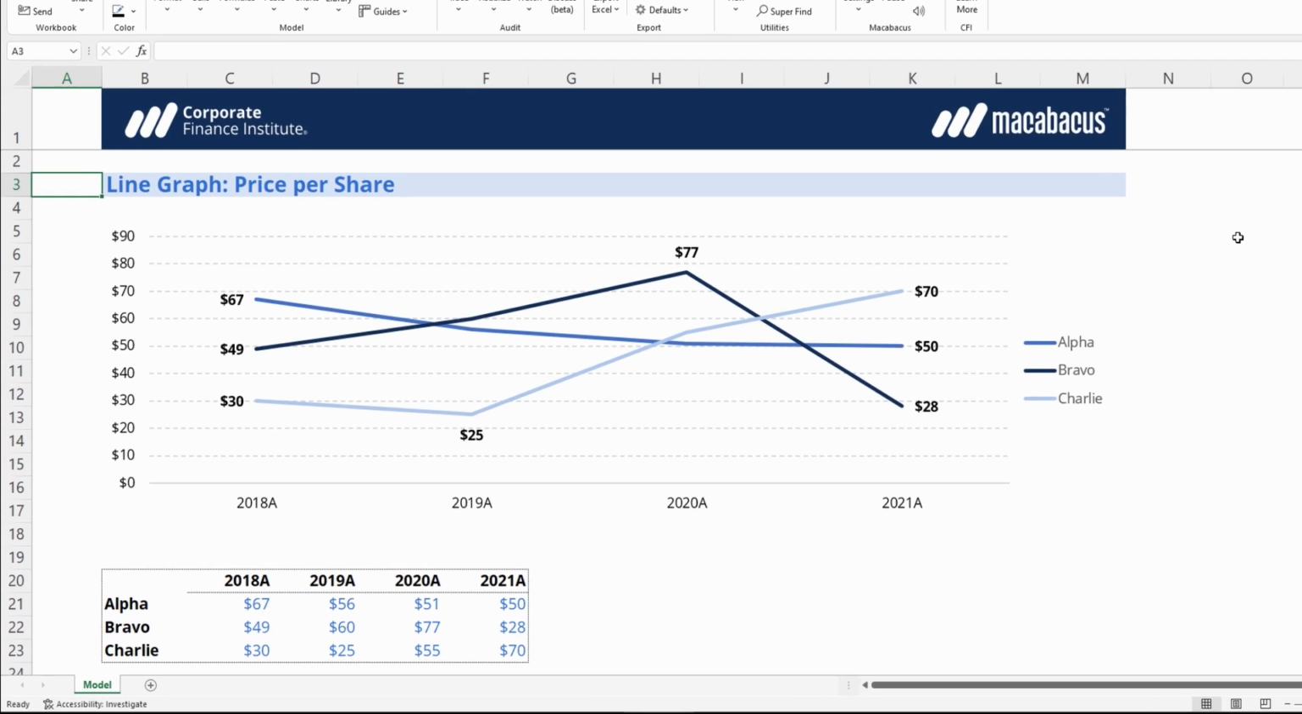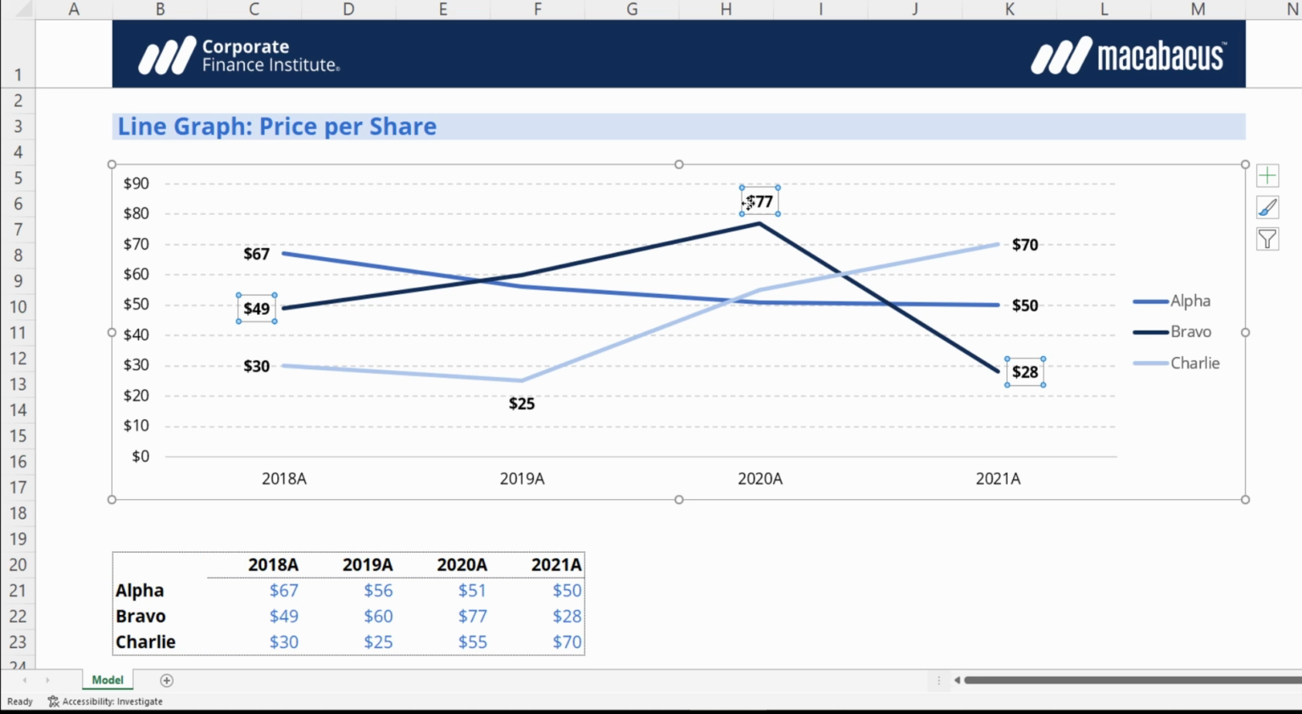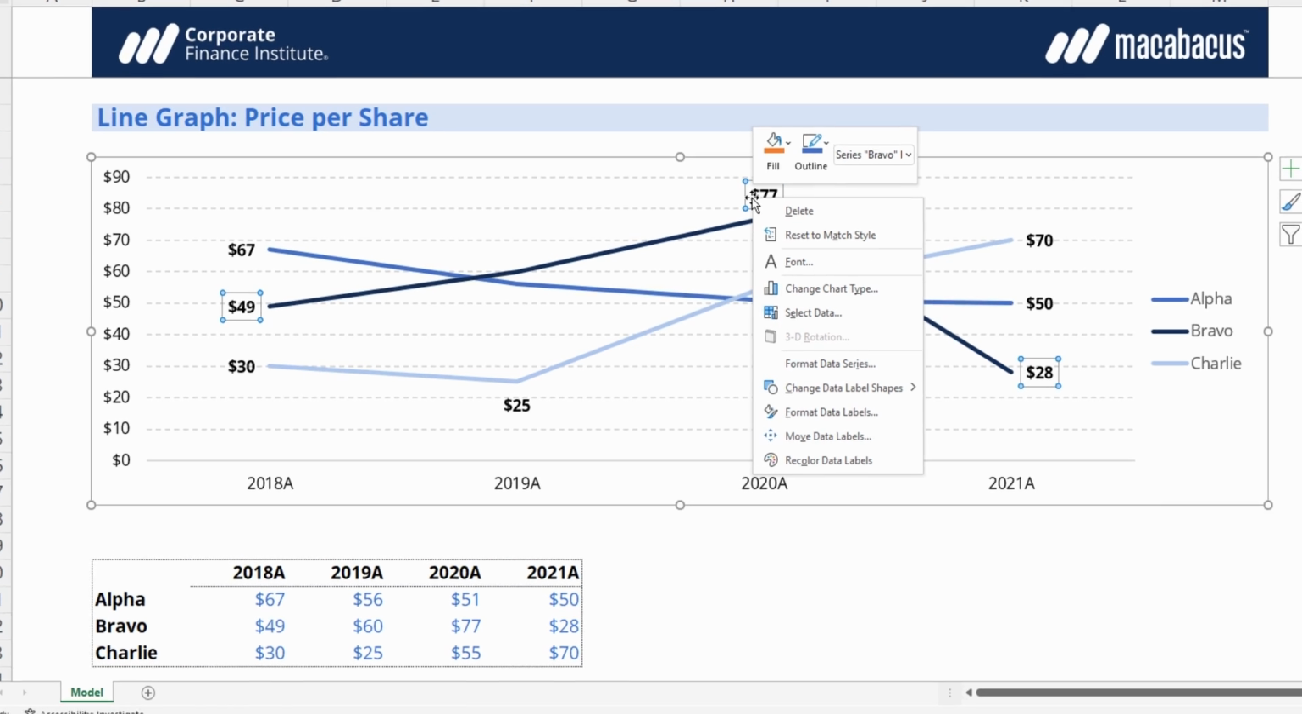Typically when charting in Excel, our data labels come out as black font by default. We can see that here, and they actually don't match the color of each individual line. If we wanted to make that change, we could just select each series of data labels individually, right-click it, go